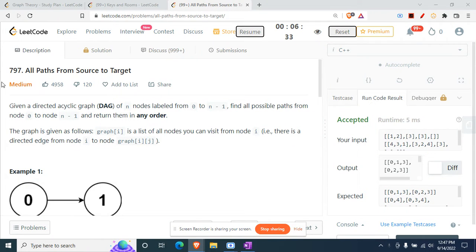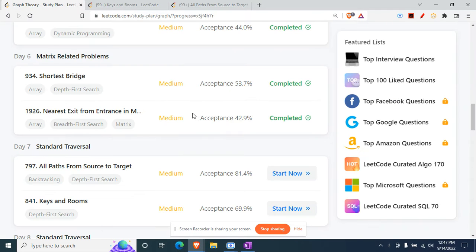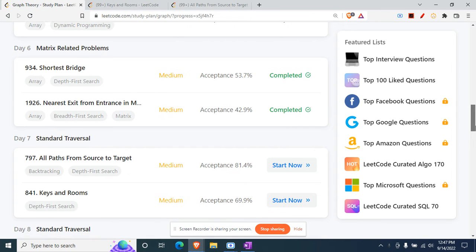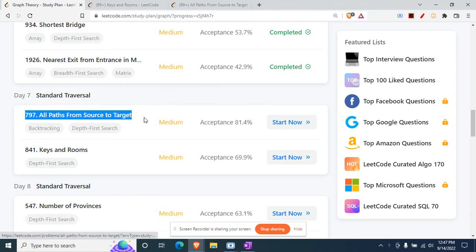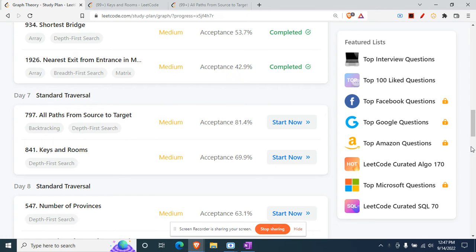Hey there, today we'll be doing question 797, all paths from source to target from Leetcode, and this is from the graph playlist. And this question is on day 7, and all the other questions have already been